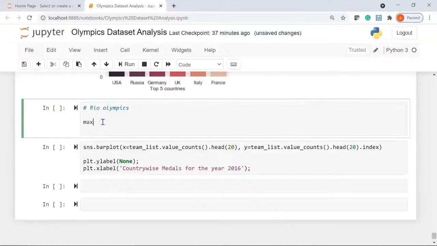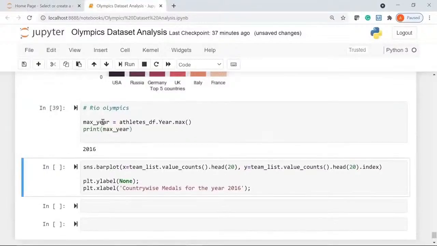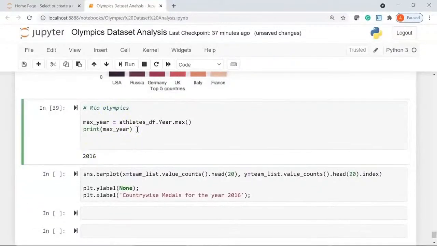So first of all, I'll create a variable called max_year, which will be equal to my data frame name athletes_df, my column name year, and I'll use the max function. Then let's go ahead and print my max_year. I'll just show you the output. You can see here my max year present in the dataset is 2016, the Rio Olympics. Next,